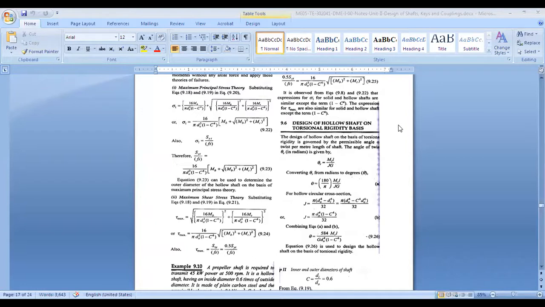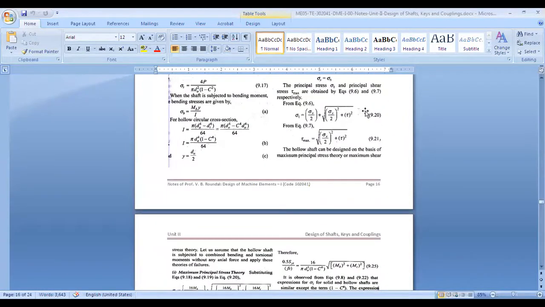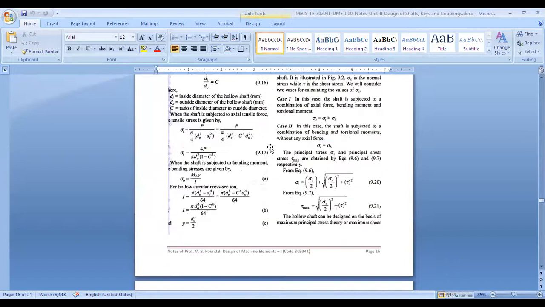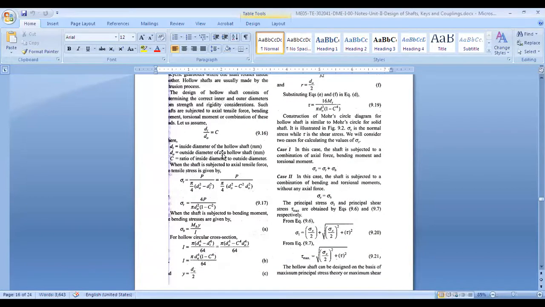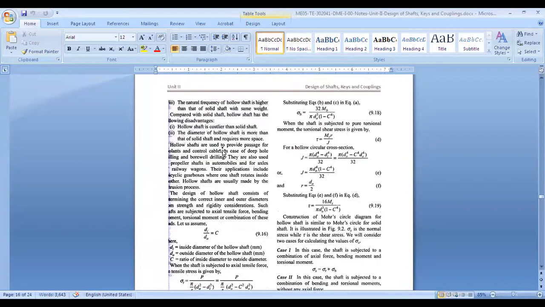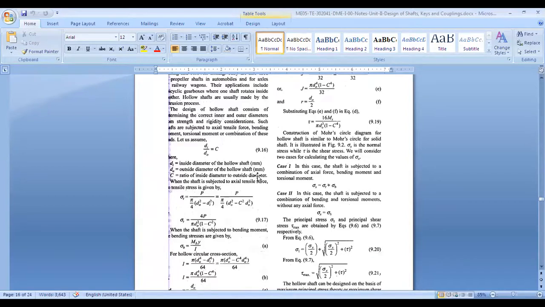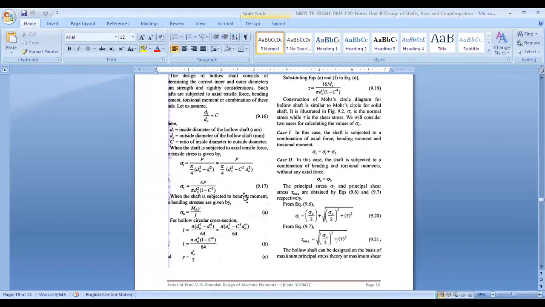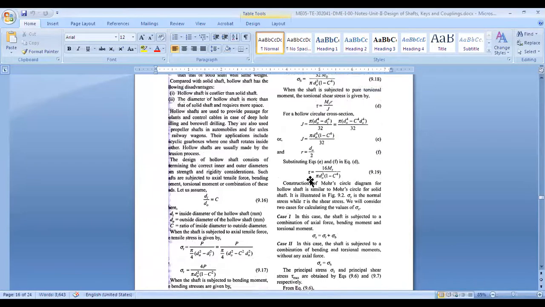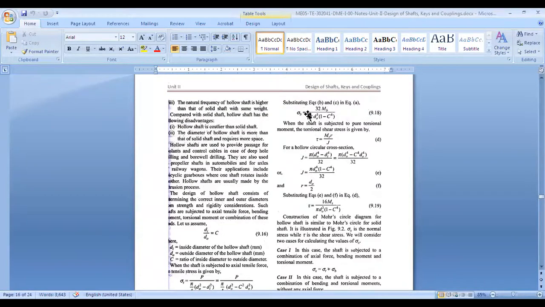So let's now go ahead with the design of a hollow shaft. The procedure is still the same. Yesterday we went through the basic concepts of design of a hollow shaft. We used the ratio of inside diameter to outside diameter, di upon do is equal to c. Then we found sigma t is equal to 4P upon pi do square into 1 minus c square. This is for the normal, the plane stress. Then for the bending stress, sigma b is 32 MB upon pi d cube. Generally we get pi d cube, so here we will get pi do cube, do is the outside diameter, 1 minus c raised to 4.